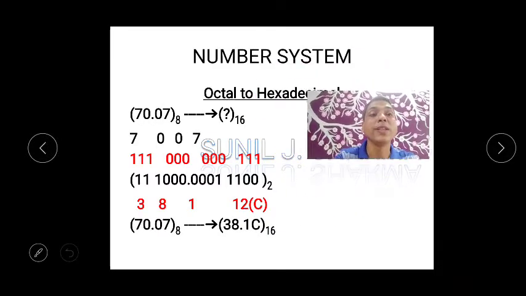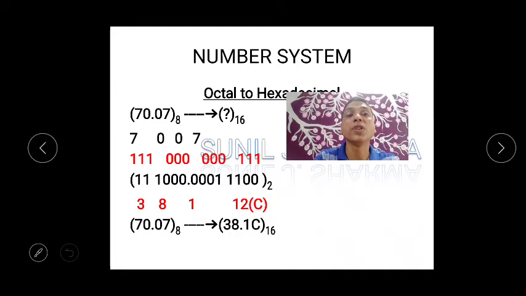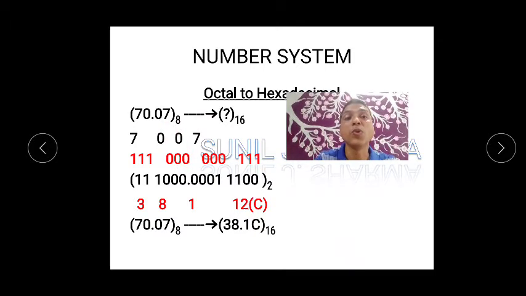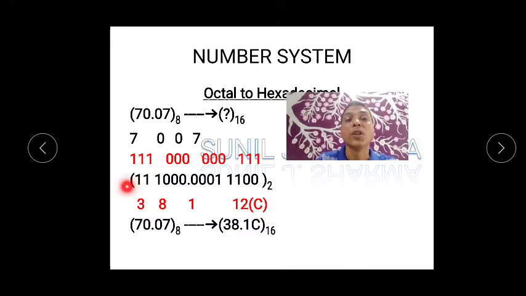Okay, one more example I have purposely taken, just to keep in mind that zeros have to be written 3 times, because the rule says that octal has to be changed to 3 bits. Okay, 7 0 0 7. But this is before the decimal, you have to take 4. Here you can see that this is 3 numbers, this is the 4th one, so only 2 numbers are remaining, but we should pad up with zeros.